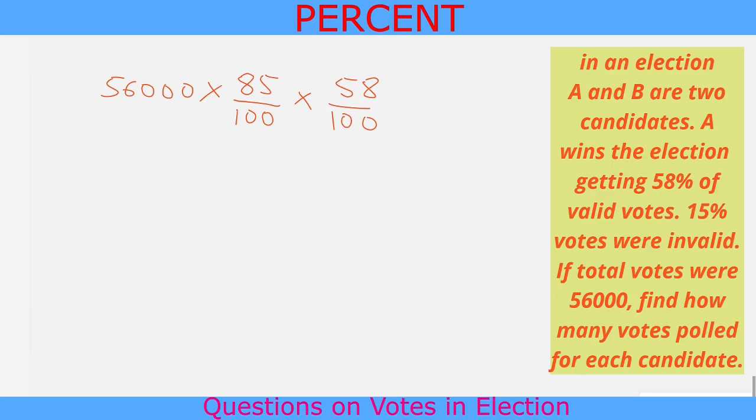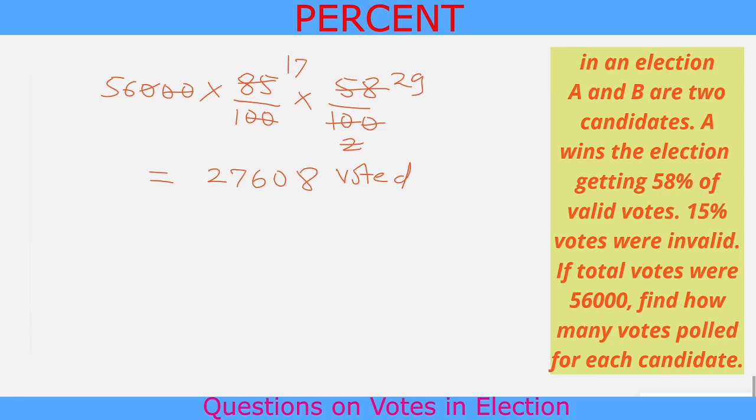This is the votes of winning candidate. The two zeros of denominator of 100 are cancelled by two zeros of numerator of 56,000, and 1 zero of denominator of 100 cancels the 1 zero of numerator of 56,000. Now 5 divides 85 for 17 times and 10 for 2 times, and 2 divides 58 for 29 times. These are the votes gained by